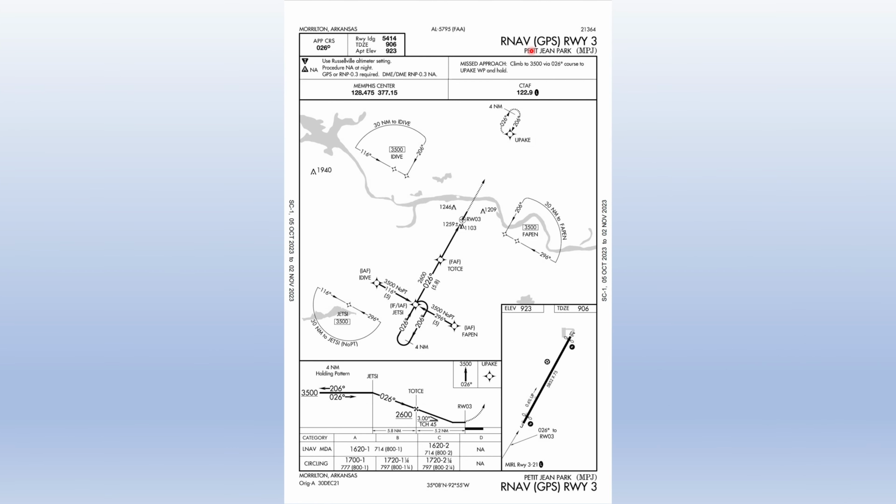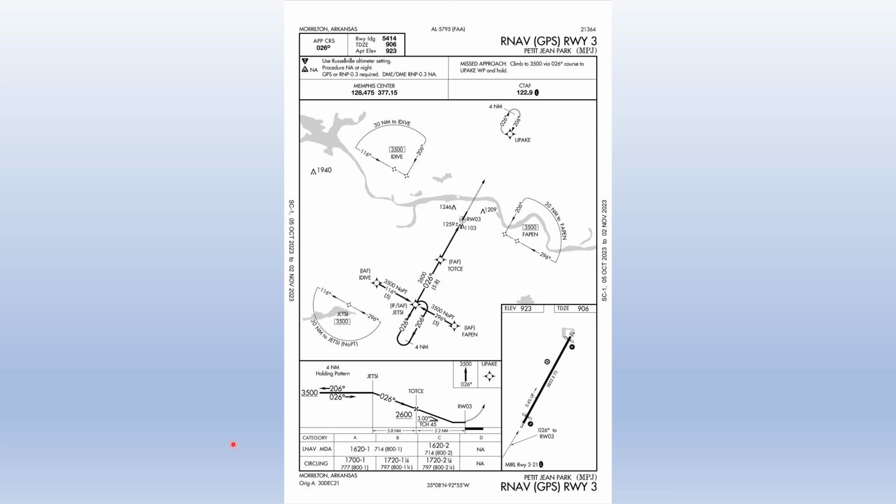All right, so let's take a look at the RNAV GPS to runway 3 at Petit Jean Park, which is just to the west of Morrilton. The identifier there is Kilo Mike Papa Juliet, and this is the approach we'll actually be flying later on in the video. It does have LNAV minimums here for category A and B aircraft. The MDA is going to be 1,620 feet MSL. The visibility minimum is 1 statute mile. And then the height above touchdown of this MDA is going to be